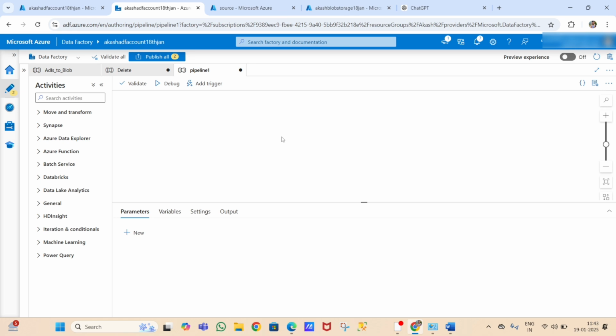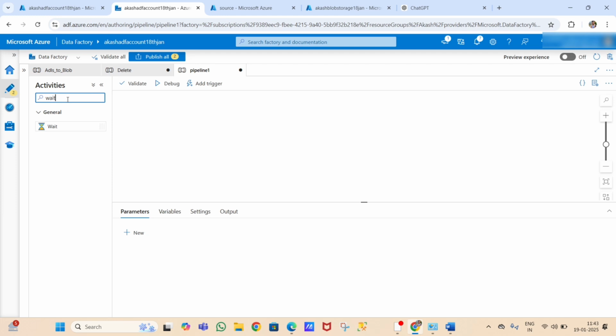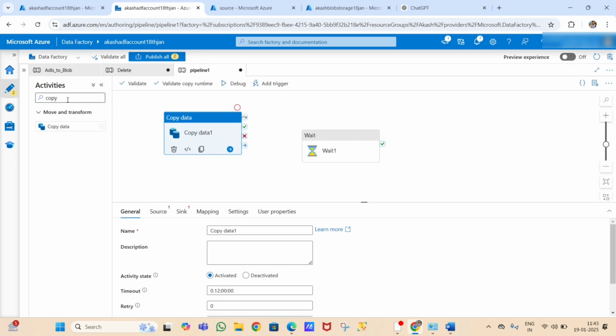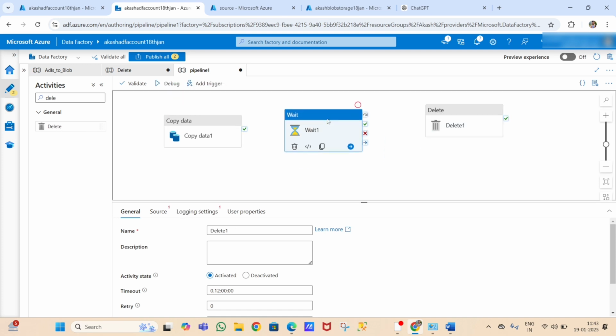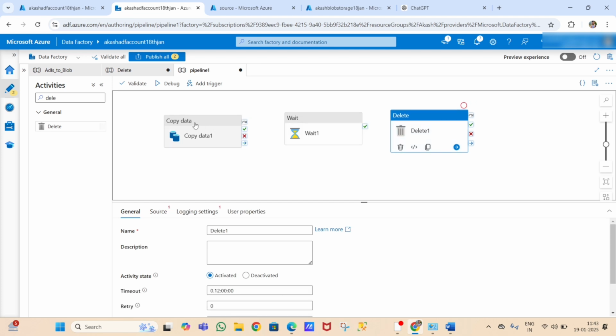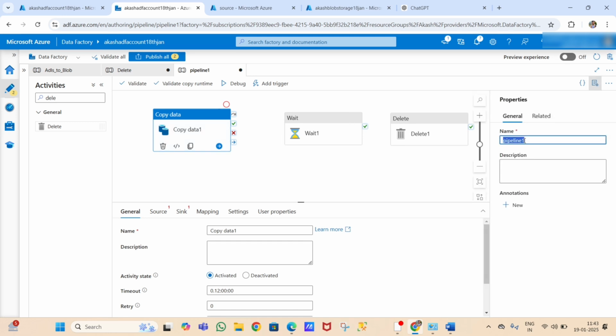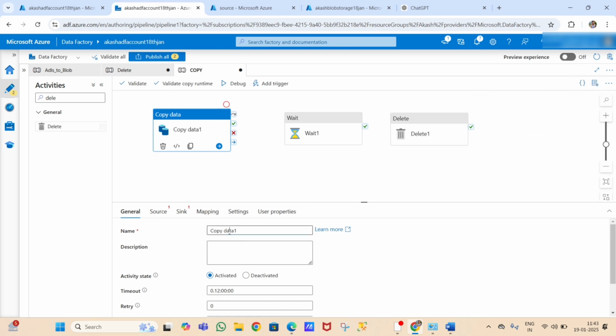Here you can see I have an ADF. In ADF, I will look for the wait activity. I will use the wait, copy and delete activities, these three activities, and I will show you how to use them one by one. First, I click on the copy data activity, and I will give it the name copy,